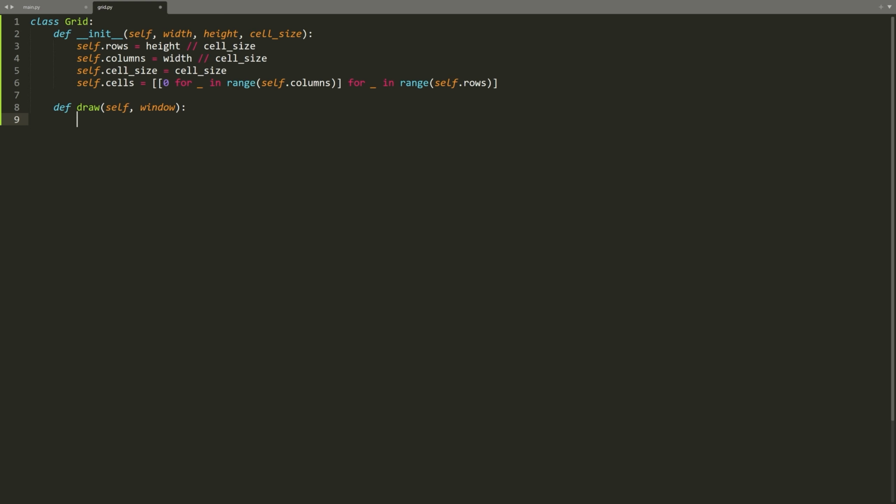We have to loop through all the cells of the grid. For row in range(self.rows): for column in range(self.columns):